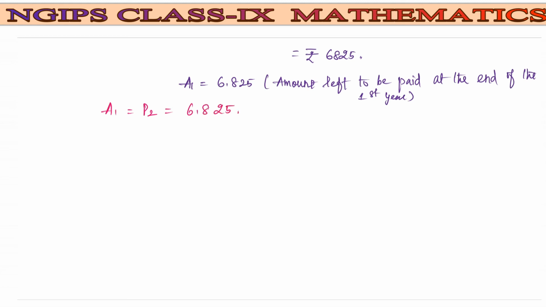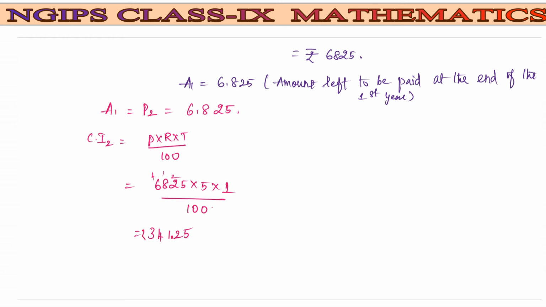It is 6825. Now we need to find out the compound interest for the second year, which is equal to P into R into T divided by 100. So here, if we calculate 6825 into rate, we have 5, into time, it is 1, divided by 100. Now if we multiply, 5 5s are 25, 5 2 remainder, 5 2s are 10, 12, 2 remainder 1, 8 5s are 40, 40 plus 1 is 41, 4 remainder, 6 5s are 30, plus 4 is 34, so 34,125 divided by 100 you will get.